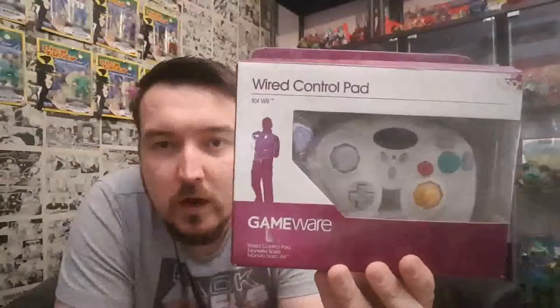Also got 3 of these wired controllers for the Wii. These also work on the GameCube. They're terrible controllers, but useful for multiplayer stuff and things like that. So they're pretty cool. Got 3 of those,